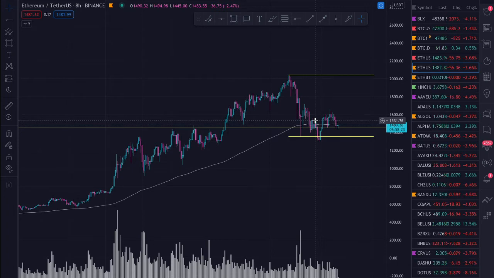There's still quite a bit of bearishness inside of the space. A lot of people just aren't used to these drawbacks. These 20, 30, 40% drawbacks are very common inside of crypto. And we need to understand that this is a very volatile asset class. It is an emerging asset class, and it is what it is. That's just the nature of the beast sometimes.